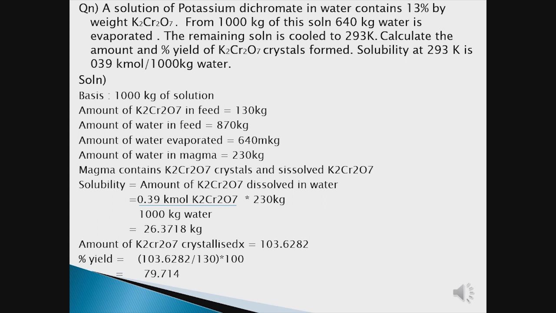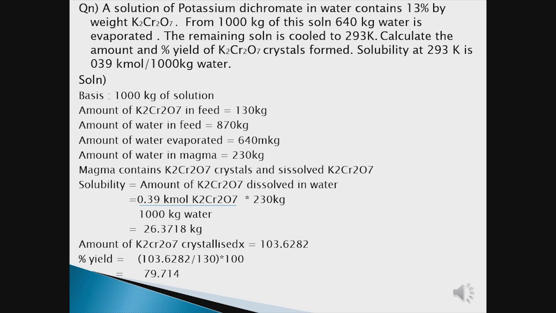Okay, and the magma contains K2Cr2O7 crystals and dissolved K2Cr2O7. So the magma contains both kinds of K2Cr2O7: the crystals as well as the dissolved K2Cr2O7. Solubility is the amount of K2Cr2O7 dissolved in water. That is what is defined by solubility, which is equal to 0.39 kilomole of K2Cr2O7 per 1000 kilogram of water, times 230 kilogram,